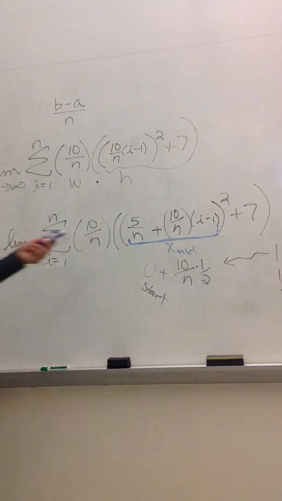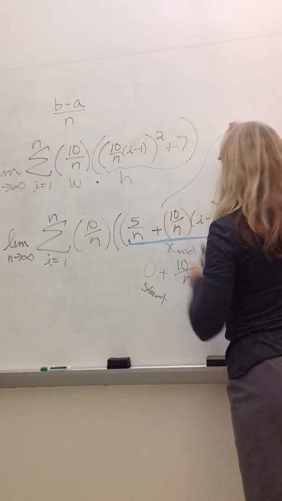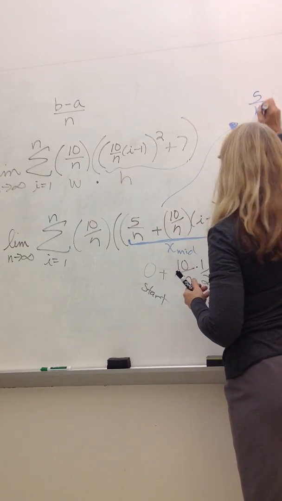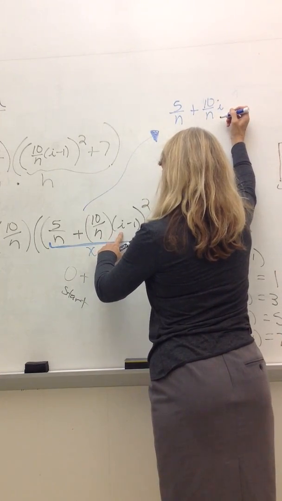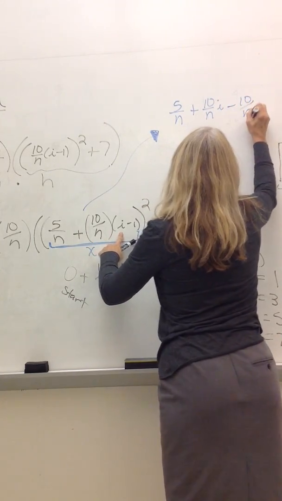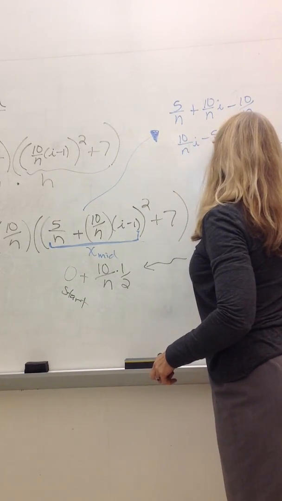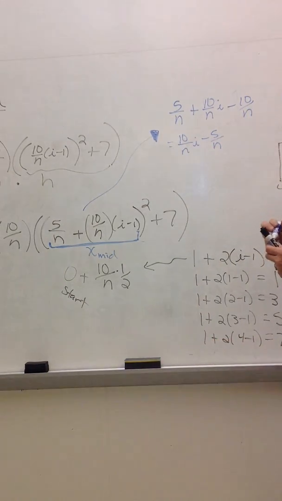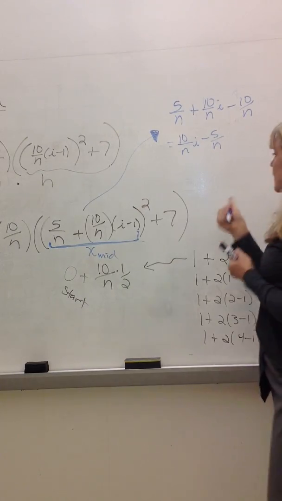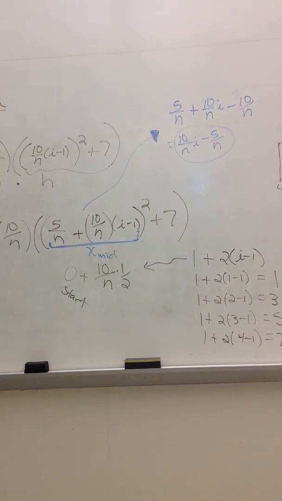And actually, you could even clean this up differently too. So Cameron, my general answer is, if there's a way that you want to clean it up, that's fine. There certainly are ways to clean it, because this would be 10 over n times i minus 10 over n, and then these both have the same denominator, so you could write it as 10i over n minus 5 over n. That's simpler and cleaner. So you could replace what I have with that, and that would be accurate also. Okay, well, why don't you guys take about a 10-minute